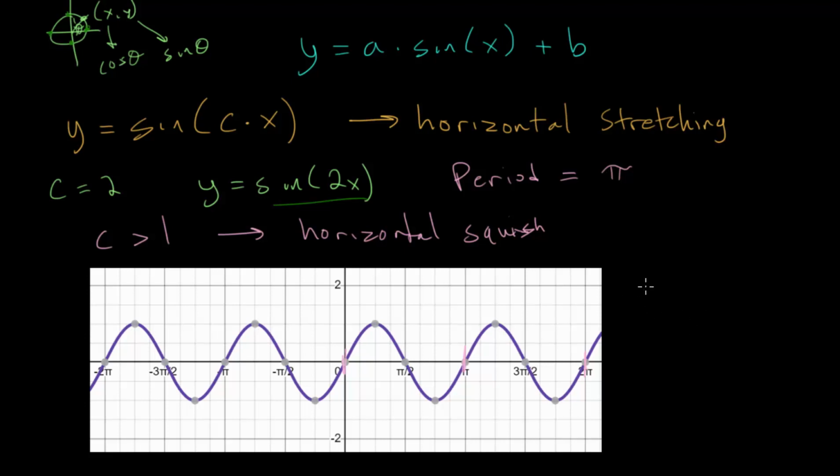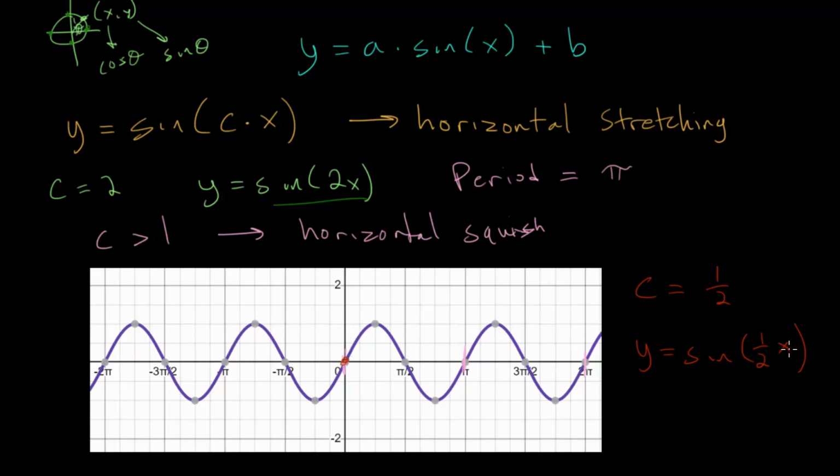Now we can also look at when c is a fraction, something between 0 and 1. Let's say c is 1/2. So now we have y is equal to the sine of 1/2 x. And for this equation, when we try to plot this using our unit circle, we know it still goes through